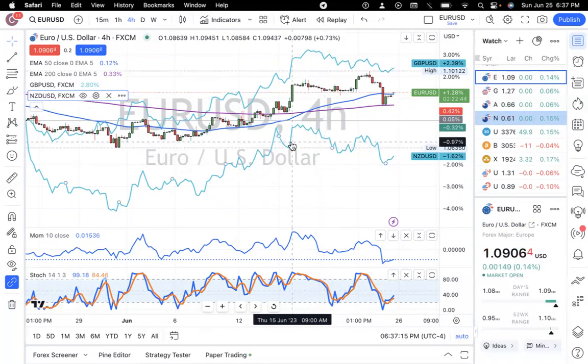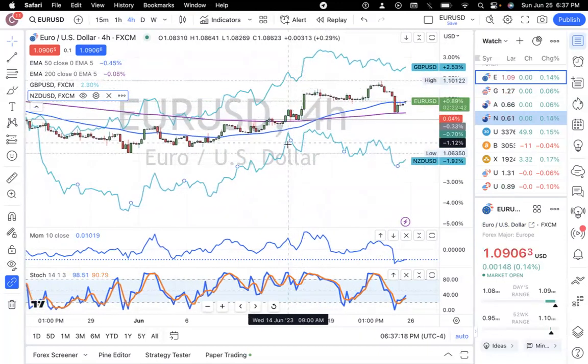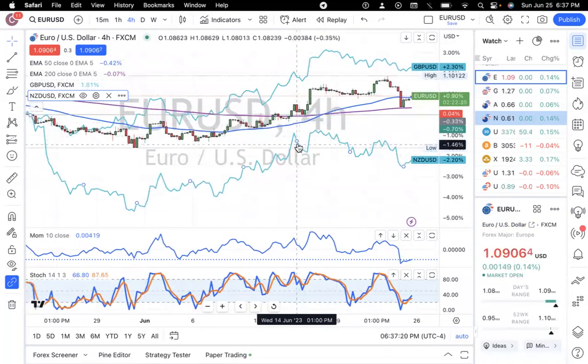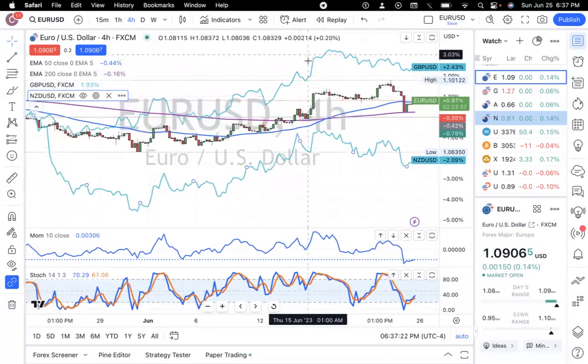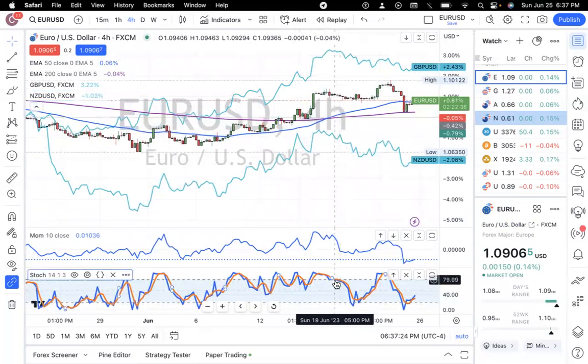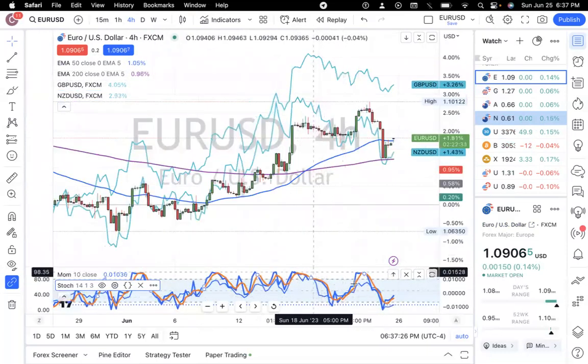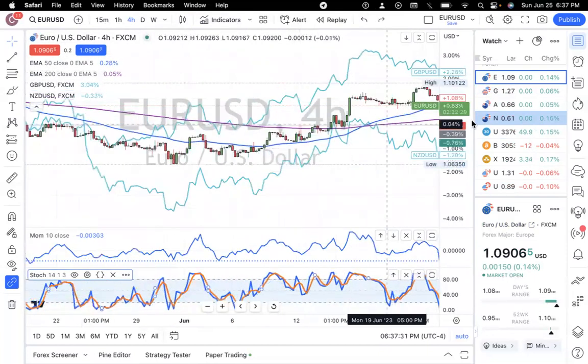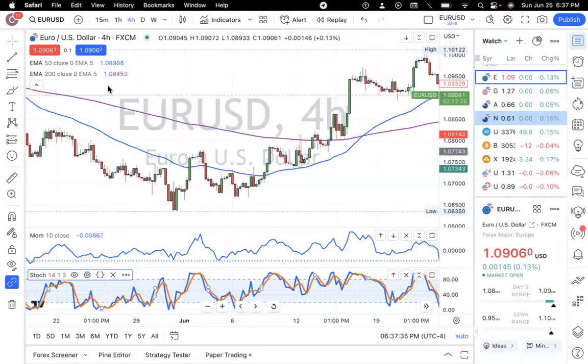And of course, you can always just grab on this and move it up. You don't have to do it because you can see it, but you can do that with all the indicators. Even if you wanted to grab this and combine it with that, you can do that too. So that's just a really cool thing that Tradingview added that I think is just going to be very helpful